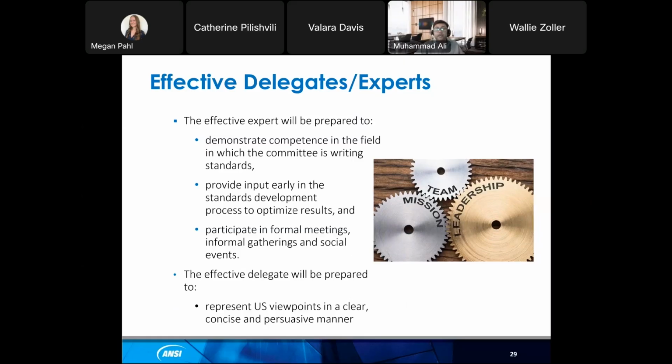So you have to be active. You have to make sure that you provide input early. You have to make sure that you review drafts as they come on time. You have to keep track of the due dates. You have to make sure that you follow the standards development process. Make sure that you participate in meetings when you have registered to participate,